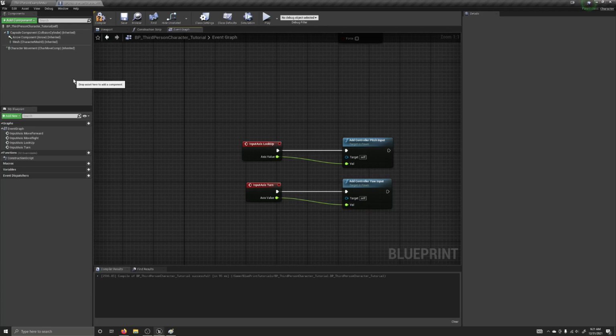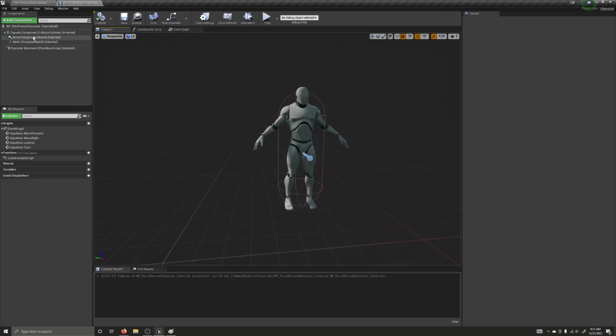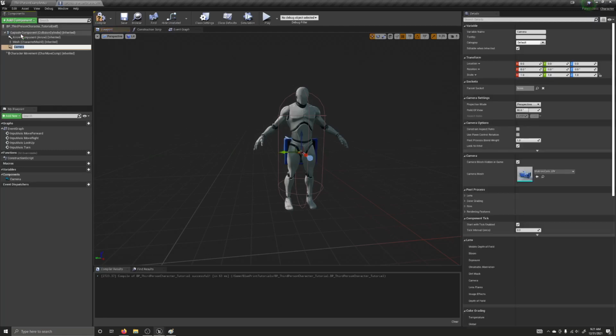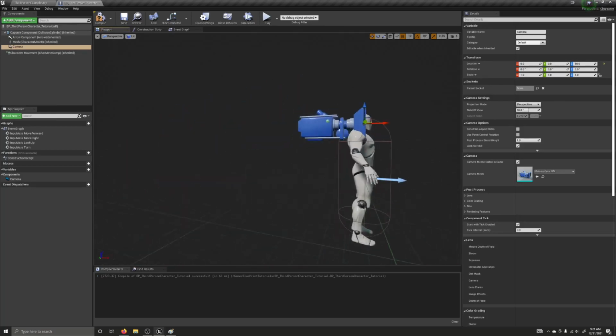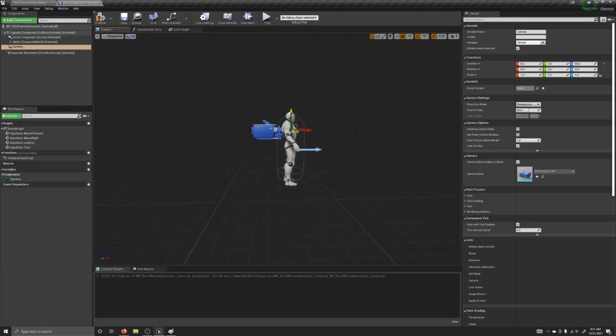we now, before we go in and try out our new character, we need a camera. So let's go back into the viewport so we can see what we're doing, and we can add a component. We can add a camera component. Now we can raise this camera up to be head level. Yeah, sure, let's say shoulder level. We can move it back some. I'm gonna say 250 units is good. And now